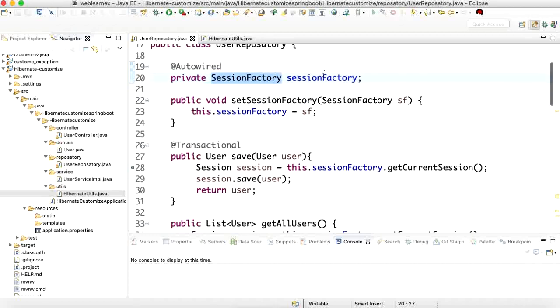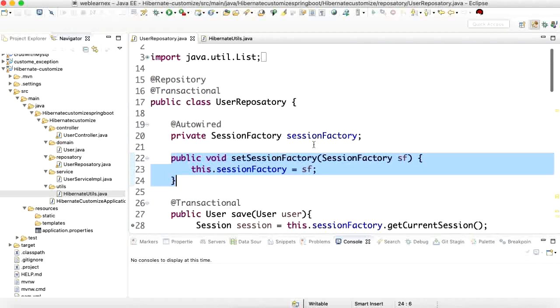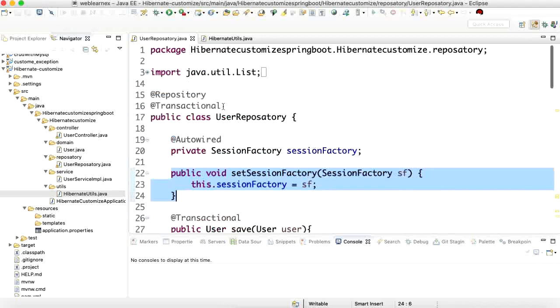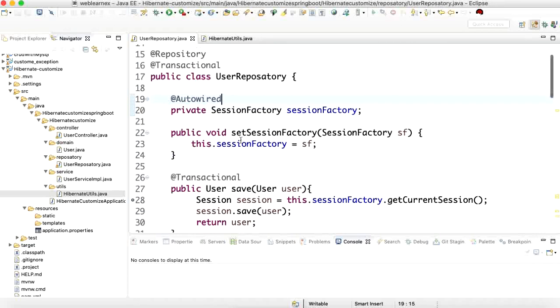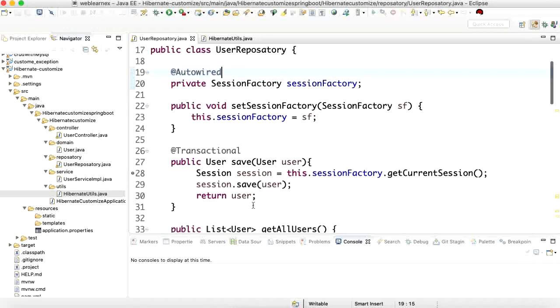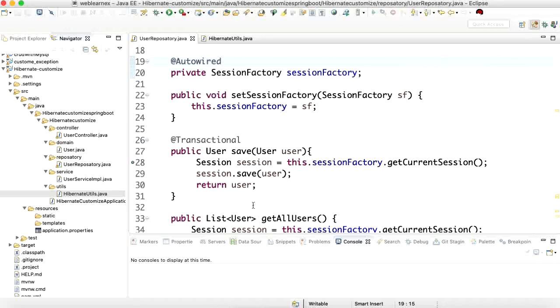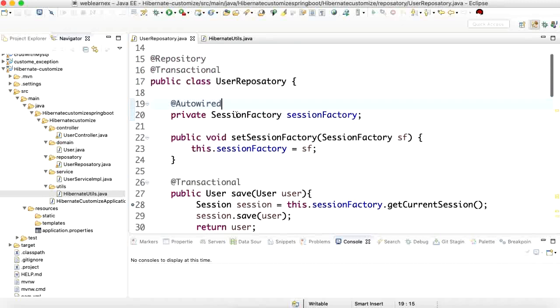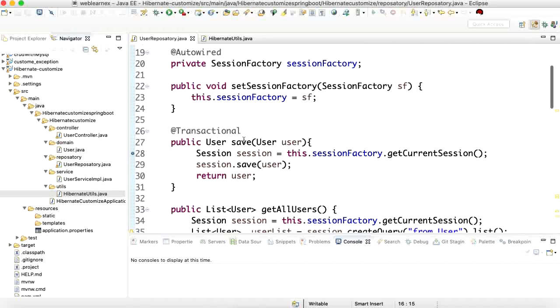So in the session factory, I have created one constructor. Here the most important thing is the transactional annotation, because in this example I'm going to create some queries like insert query, delete query, and update query, which update or change the state of objects. That's why I need to pass the transactional annotation, and for whatever queries like save, update, and delete, we need to pass the transactional.